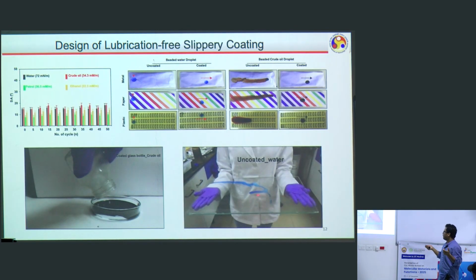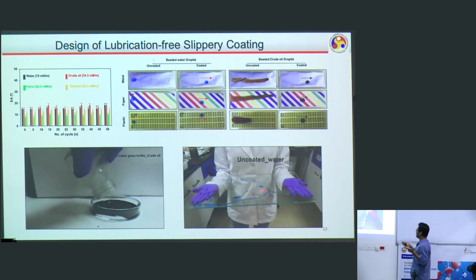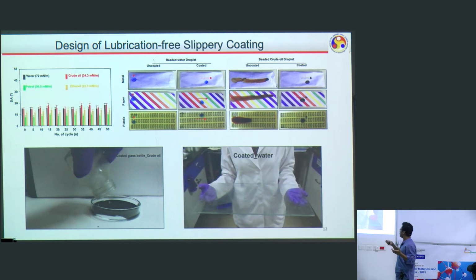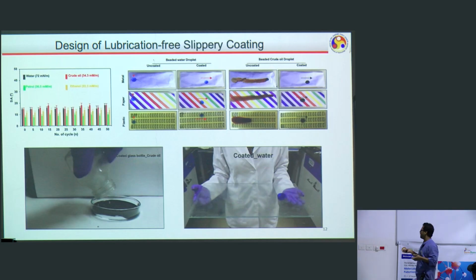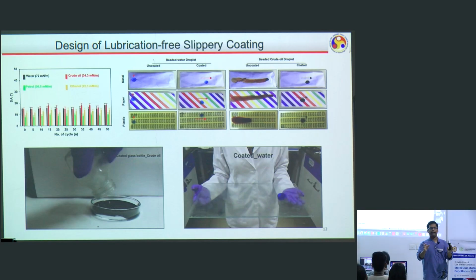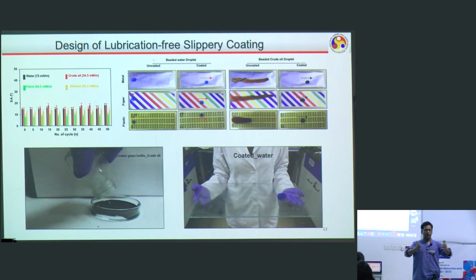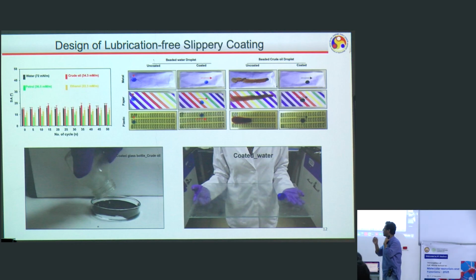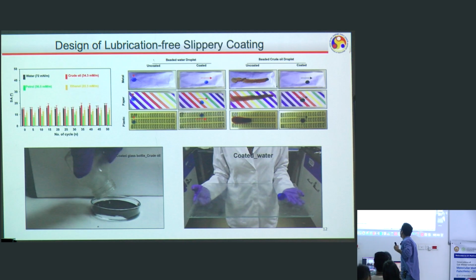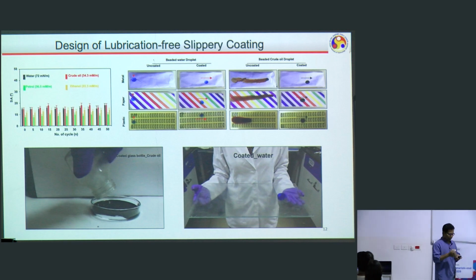You can coat an entire glass window. So this is just the blue color water, but you see after coating, just by tilting, you can see, like, you probably got the point, right? So even such a large object you can homogeneously coat, right? So it's not that tiny something you can coat and then say that you did a miracle, right? So it is quite scalable. Okay, now